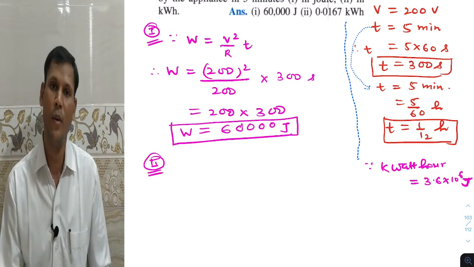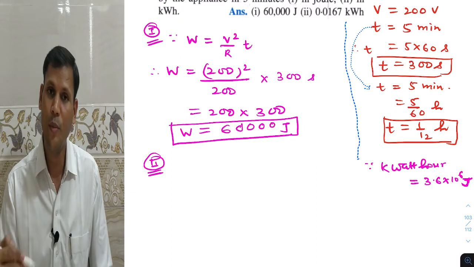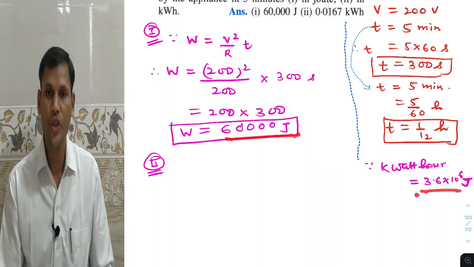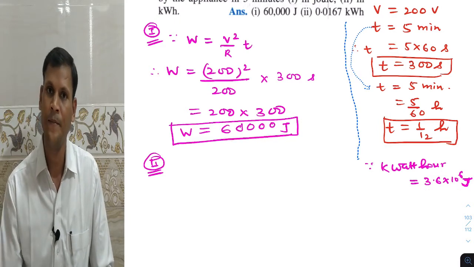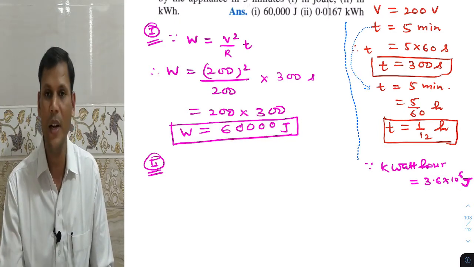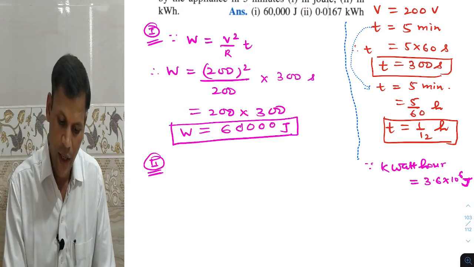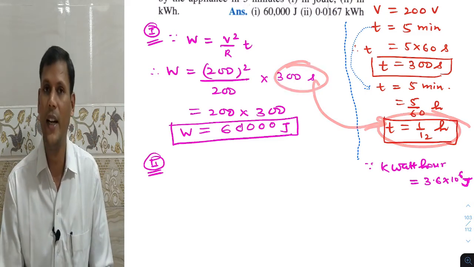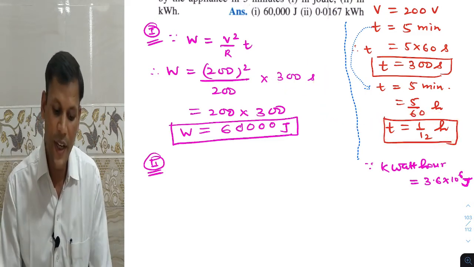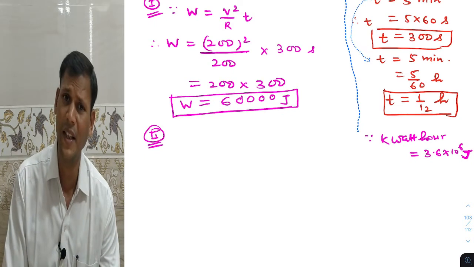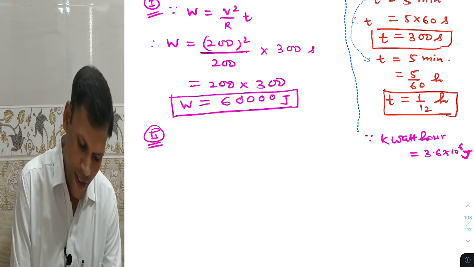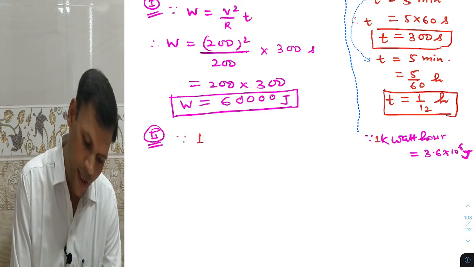जो कन्वीनियंट आप लोग को लगे वो आप लोग प्रेफर कर सकते हैं। नहीं तो मुझे सबसे सिंपल यही लगता है कि मैं इस पूरे टर्म को इससे डिवाइड कर दूं तो मुझे किलोवाट आवर में मिल जाएगा। या दूसरा फिर से आप लेंथी मेथड अप्लाई करो, वहाँ टाइम 300 की जगह आप 1/12 आवर ले सकते हैं, उससे भी हम अप्लाई कर सकते हैं। तो ठीक है, मैं डिवाइड कर लेता हूँ, दैट विल बी मच मोर कन्वीनियंट फॉर अस। तो वी कैन राइट सिंस 1 किलोवाट आवर,